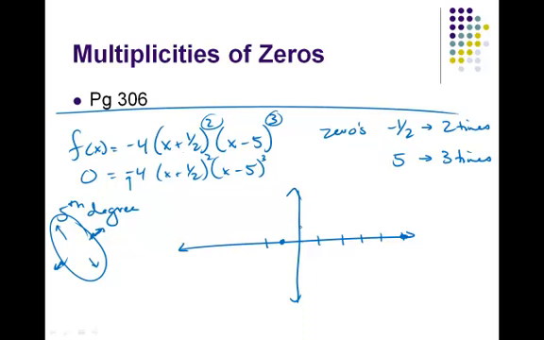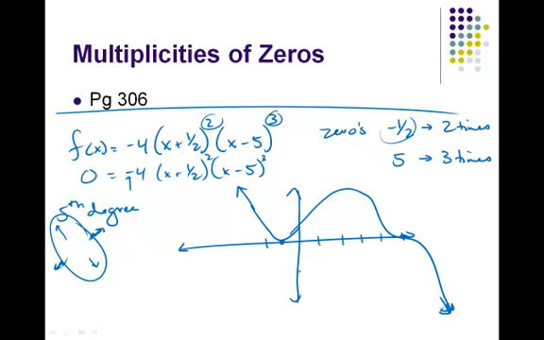Those are my zeros. I know that it's going to go up on the left and down on the right. This negative 1/2 appears 2 times, so that's got to be a touch and turn. The 5 is 3 times, so it's got to flatten out and pass through, and